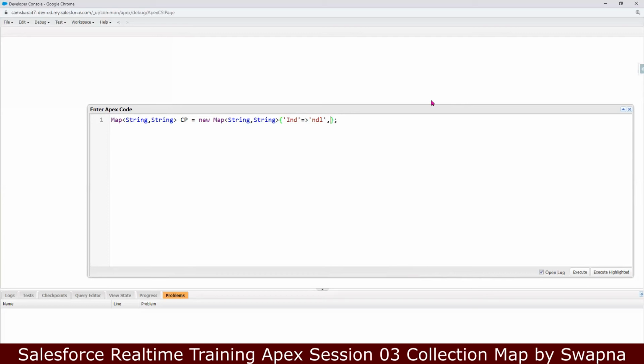Another key value I'll add, key equal to value. Let's take UK, and what is the capital of UK? London,